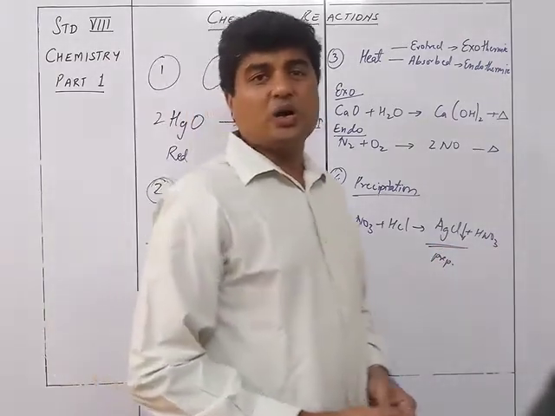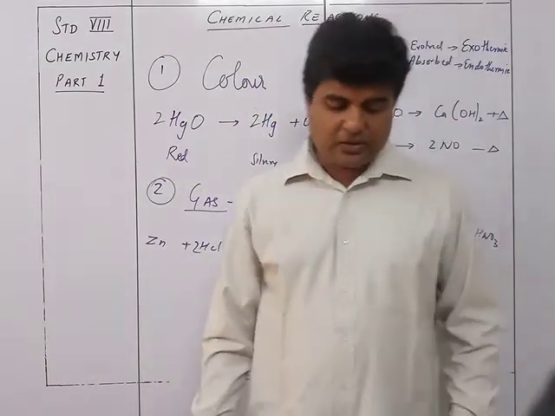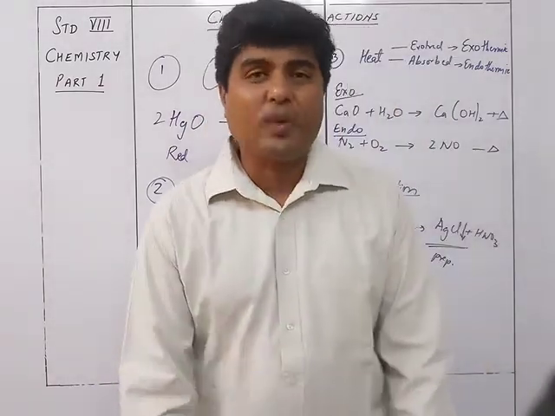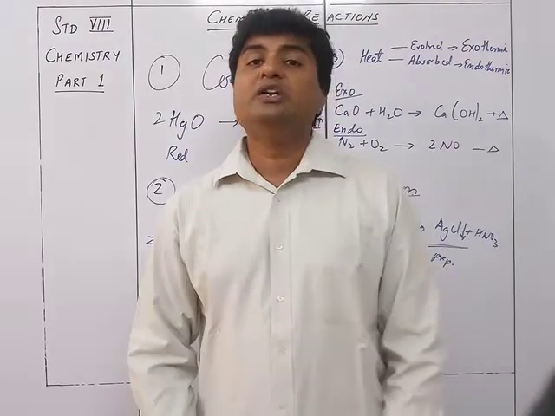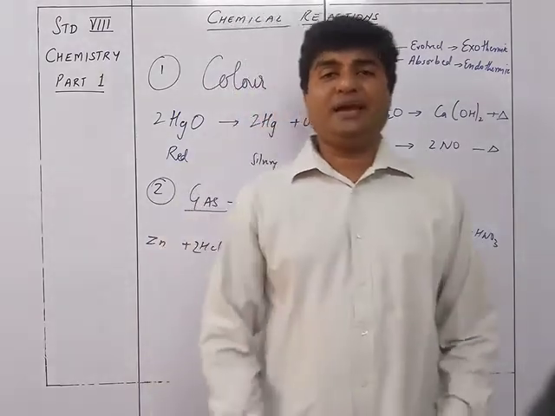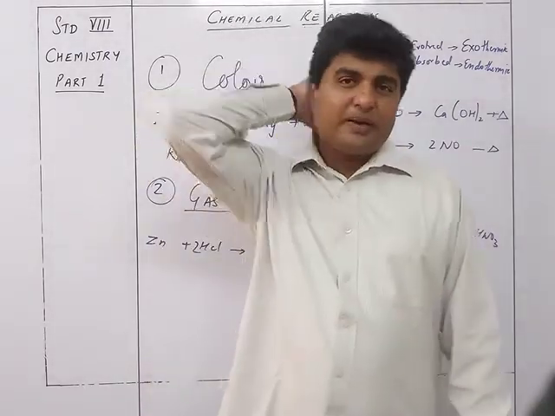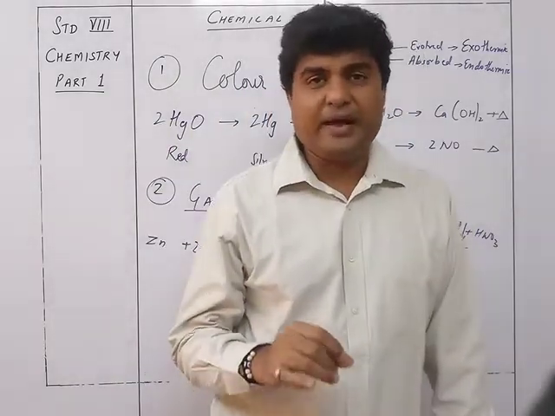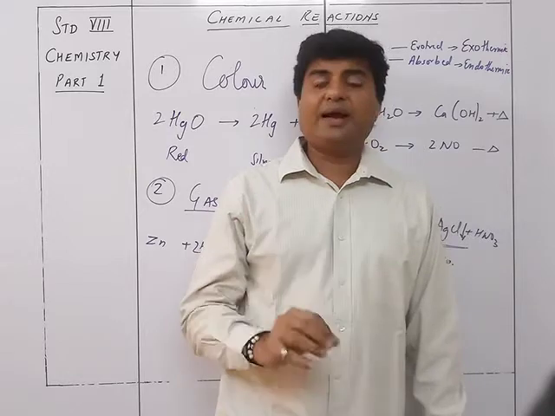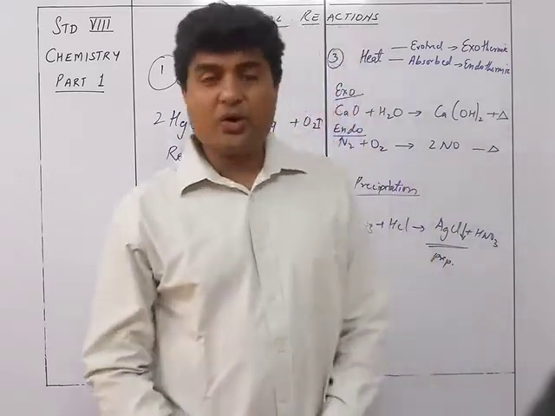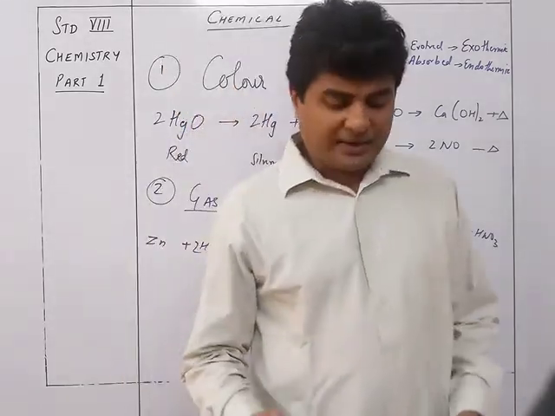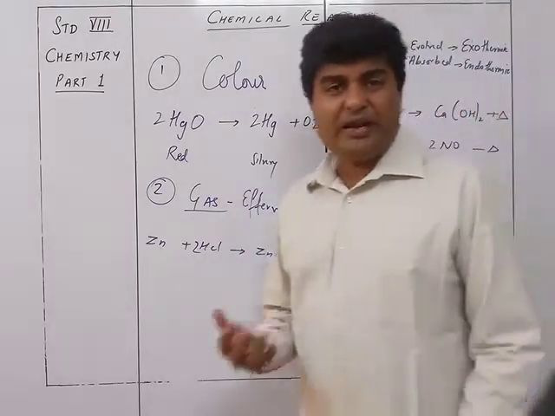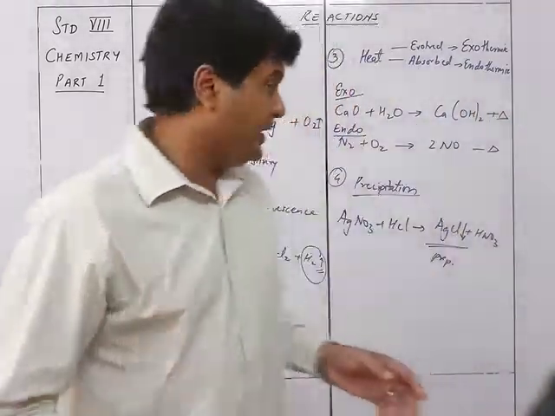AgCl, that is silver chloride, is a precipitate. The silver chloride is a white, milky white precipitate. It is also, in a short form, we say PPT. Okay, PPT means precipitate. So in this way, we have the formation of a precipitate as the fourth kind of result of any reaction. So we see that the characteristics, indications of any chemical reaction taking place could be either